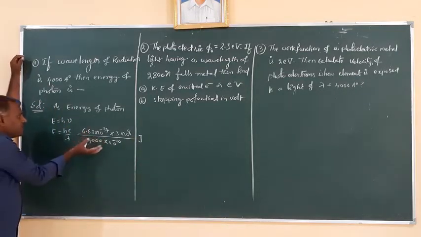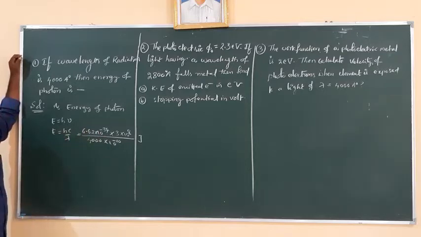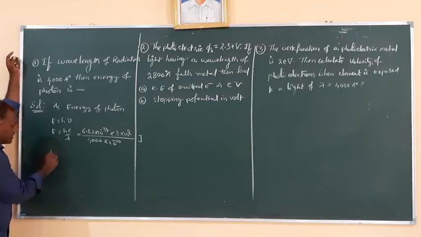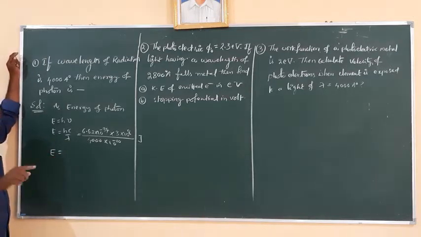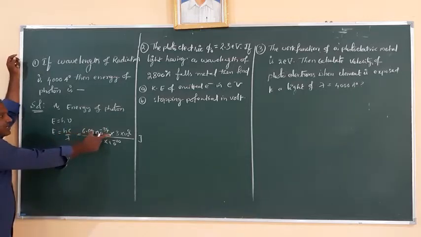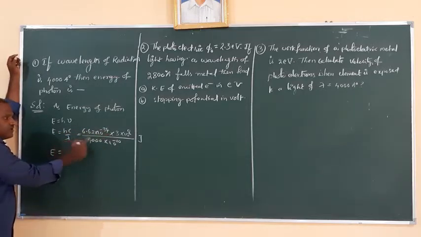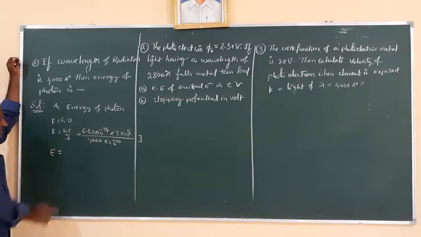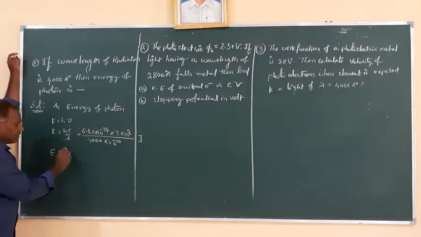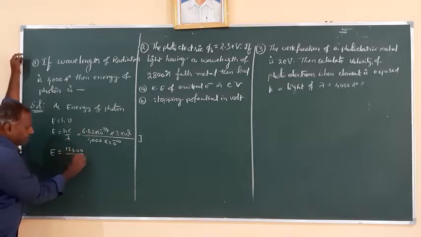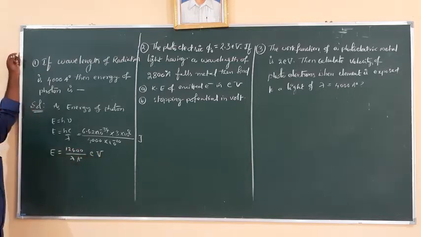I want to make this energy in terms of electron volts. Then this joule value is divided by the value of 1 electron volt, which is 1.6 into 10 power minus 19 joules. So I can write the same value E in terms of electron volts. I can write this product and calculate it, and when you write the wavelength in terms of angstrom units, then the energy will be in electron volts. Easily you can write that this value is 12,400 upon lambda in angstrom units. Then that energy will be in electron volts.